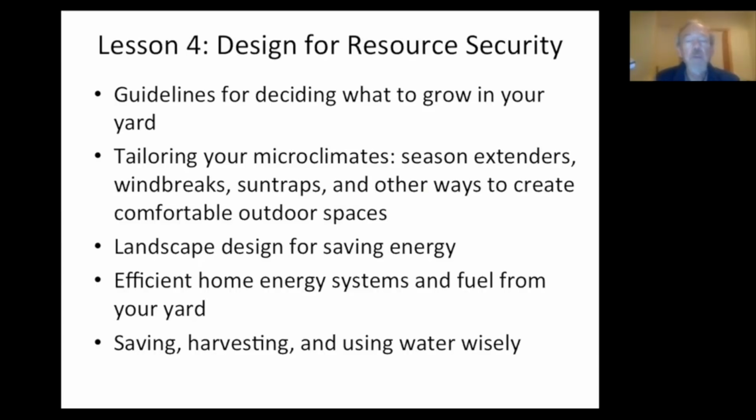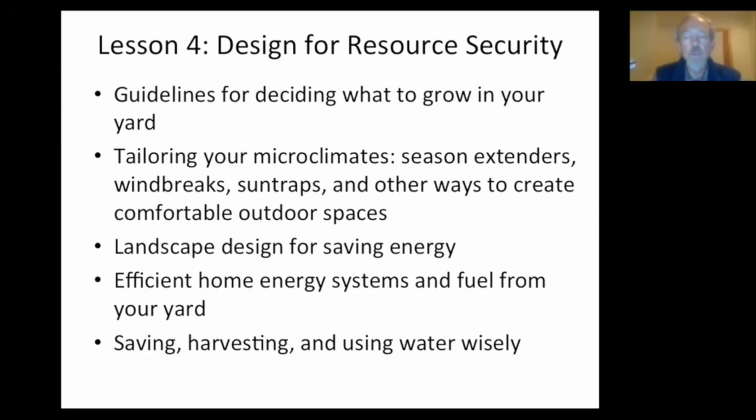And I'm going to spend a fair amount of time on microclimates in your yard, because just the way that your yard can be set up to mitigate climate as it gets to you, as it enters your yard, really can help you save money, save energy, make your yard a lot more livable, cool it off on hot days, warm it up on cool days, extend the growing season for you, save energy in your house, all sorts of things like that. So I will spend a fair amount of time tonight on creating good microclimates, and also just how that can